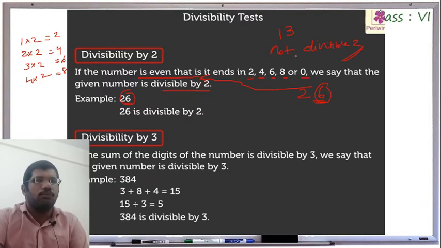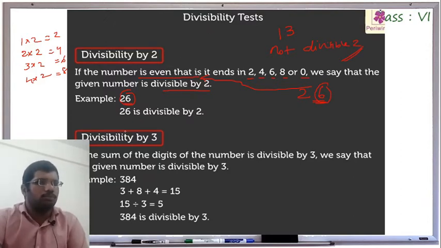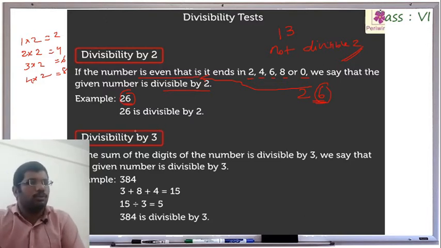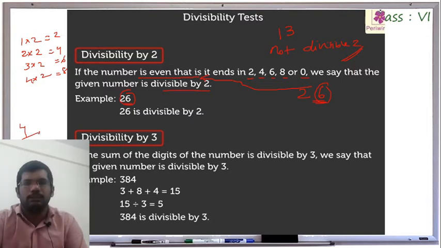So this is the rule for checking divisibility for 2. And now for checking divisibility by 3. For example, 12 by 3, which is equal to 4. So this is already I know. This is a very simple calculation. But for higher calculation, for example,